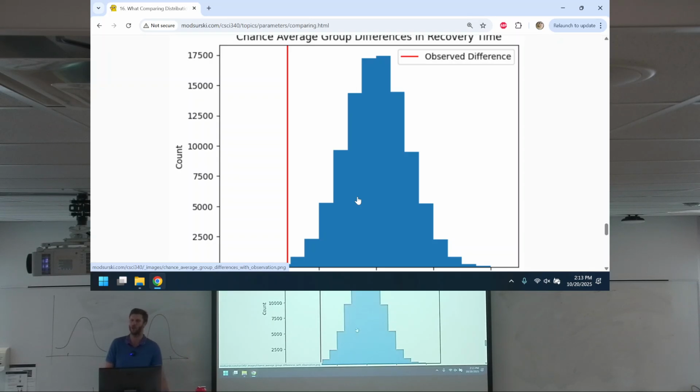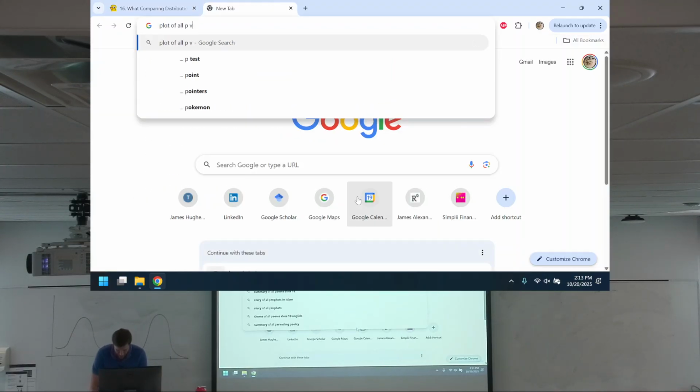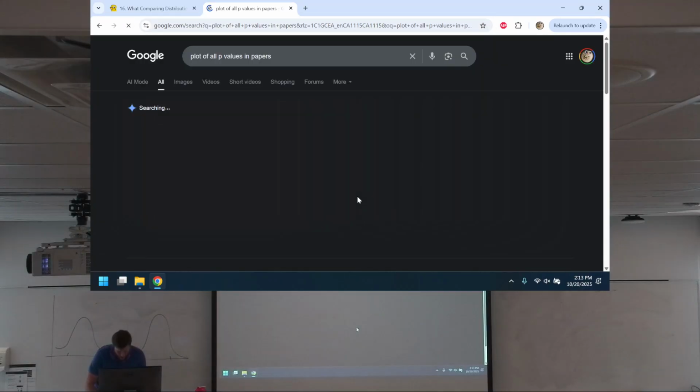Who here's heard the phrase p-hacking before? P-hacking is this idea that if you really want, it's really easy to cheese your stats to get whatever p-value you want. It's just straight up lying. It's lying with extra steps, but it's lying. And why do they want to lie? Why do scientists want to lie? Why is it that if you plot all p-values in papers,